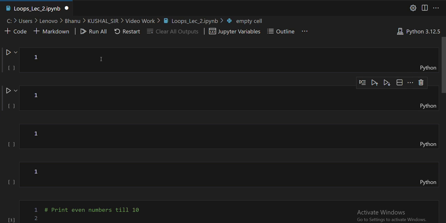This is Bhagwati, and in this video we are going to learn about for loops in Python. In the last video we learned about while loops where we keep looping until a condition is false. Today we will explore for loops which are used when we already know how many times we want to repeat